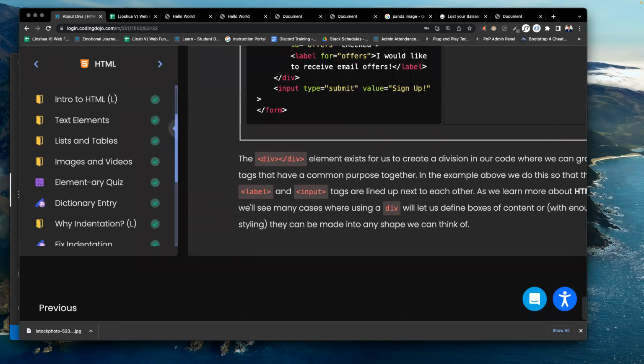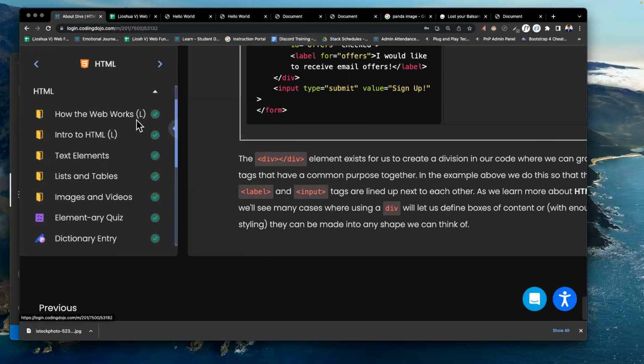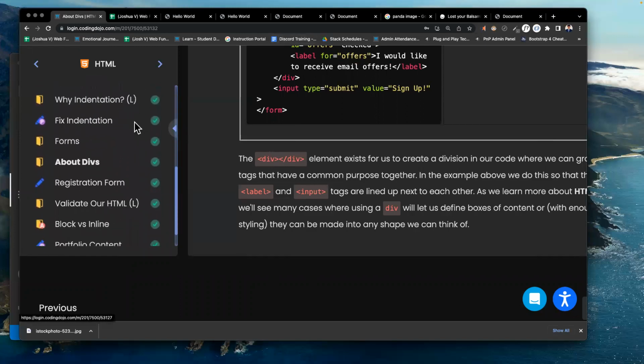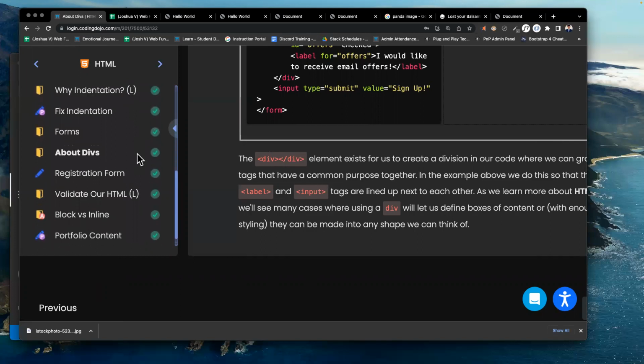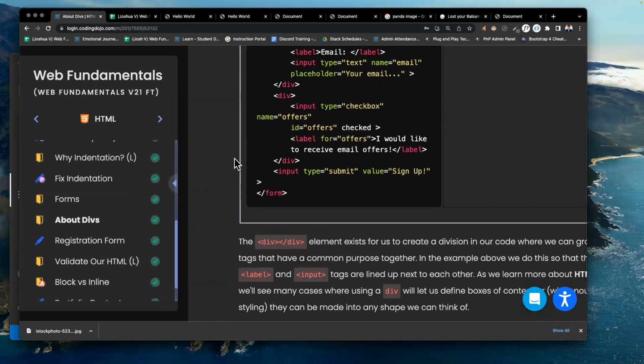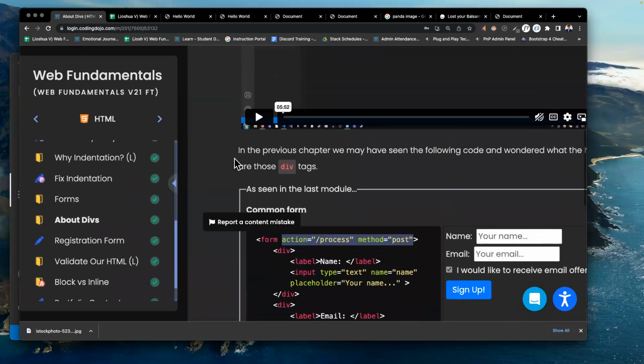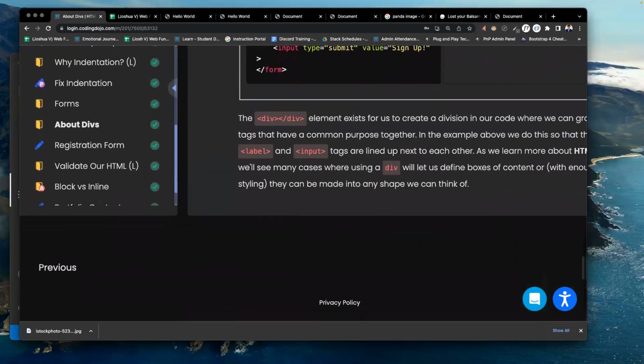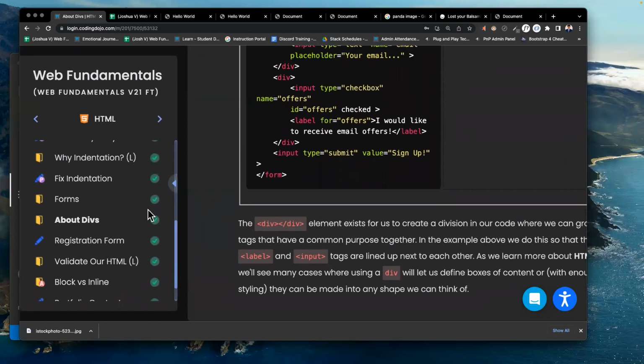Let's take another poll here just to find out how well we're understanding the topic so far. Okay. All right, we're doing good. Okay, so